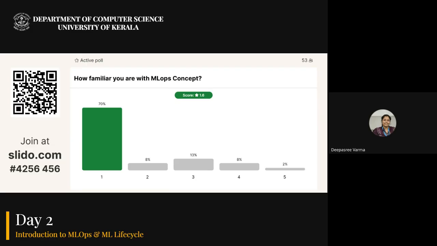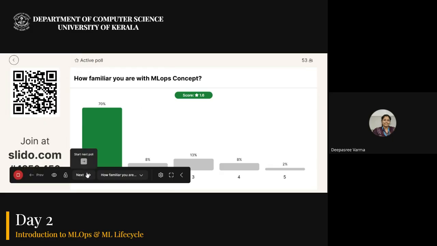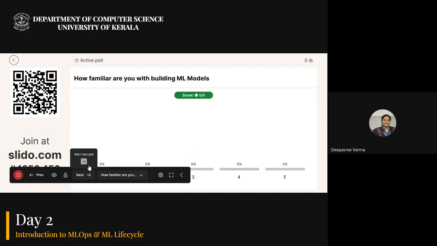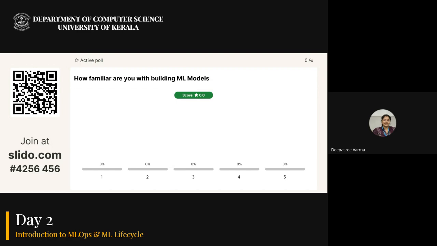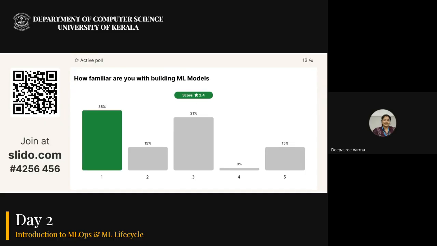What is MLOps and what is the need of MLOps? So yesterday I gave you a brief introduction. I will be explaining further. Right. So my next question is, how familiar are you with building ML models? So if you have built ML models at least once, or you have seen ML models, again ranging from 1 to 5, 1 being a novice who has never seen an ML model, till 5 who has built multiple ML models or is still working with ML models.